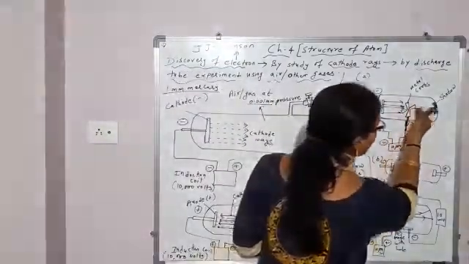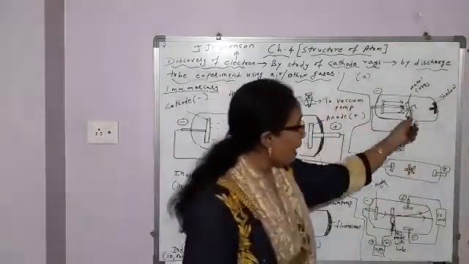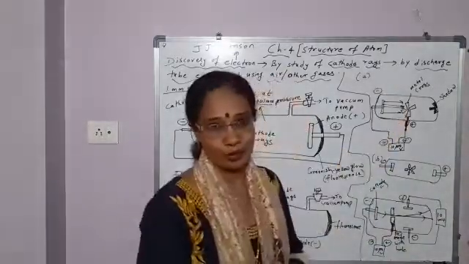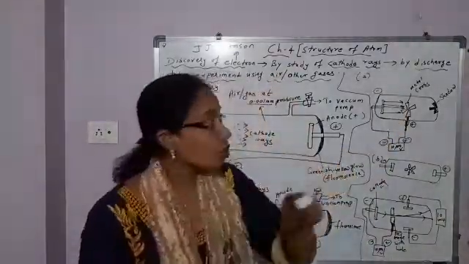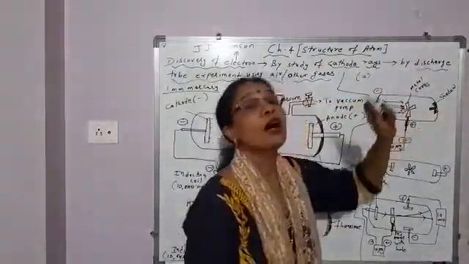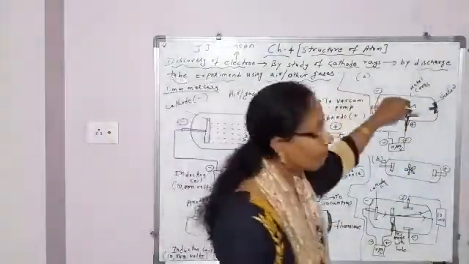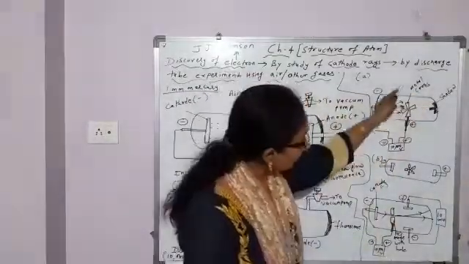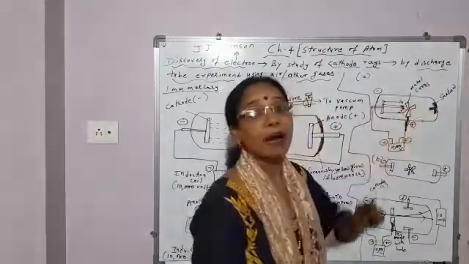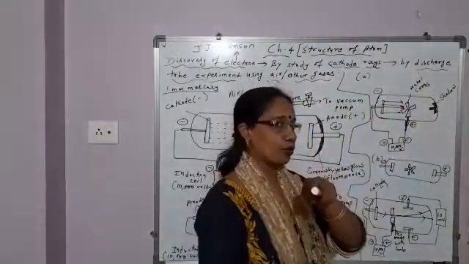The shadow of this metal cross appeared on the back of it. It means cathode rays travel in a straight line, so they cast a shadow at the back. So the first property of cathode rays: they travel in a straight line. Because when a metal cross was placed in the path of cathode rays, it cast a shadow at the back. It means these cathode rays travel in a straight line. First property of cathode rays.